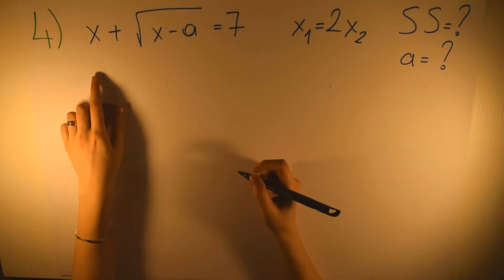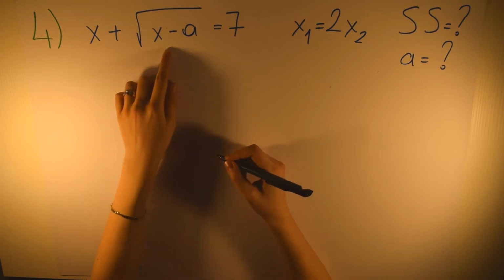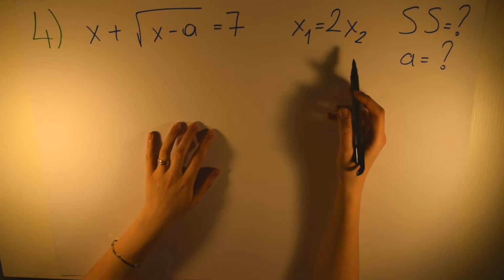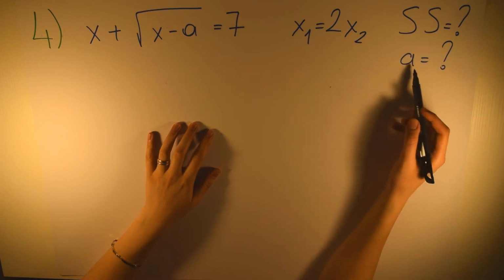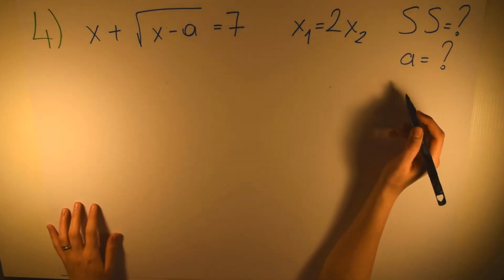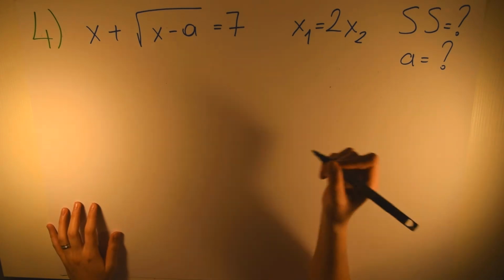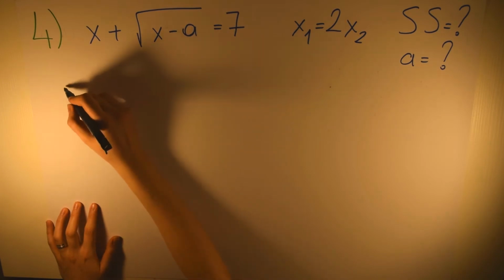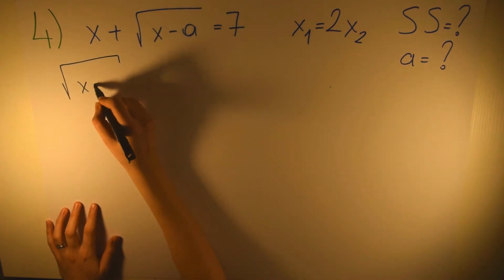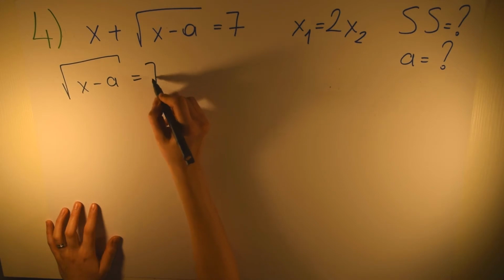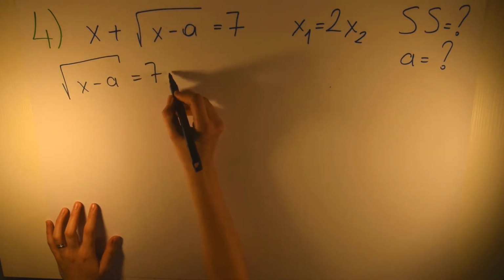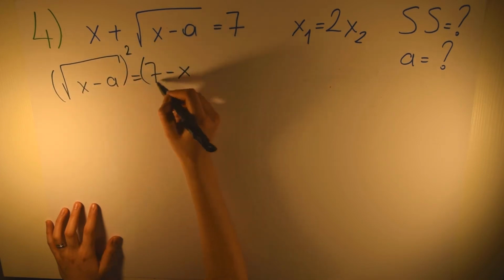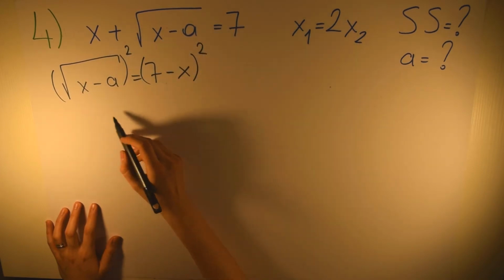Okay, in our fourth question we have x plus square root of x minus a is equal to 7. x1 is equal to 2x2. And what is the solution set and what is the value of a? So first I need to get rid of this square root. How do I do that? I write this as square root of x minus a is equal to 7, and I put this x to another side as minus x, and from here I will take the square of both sides,